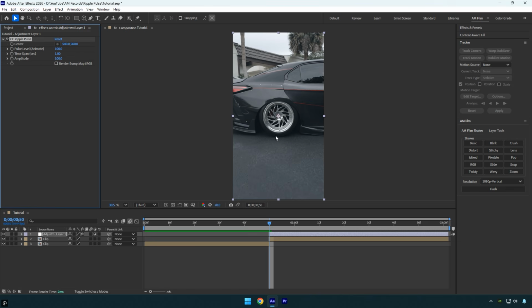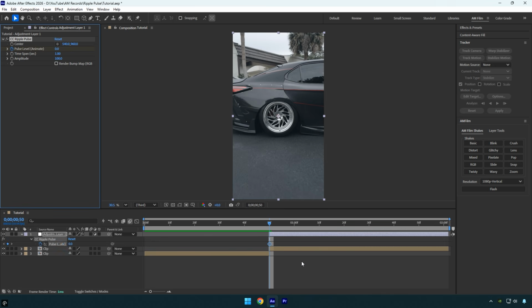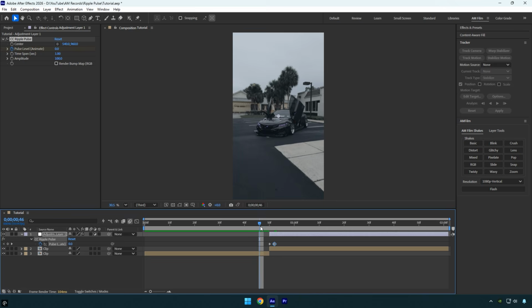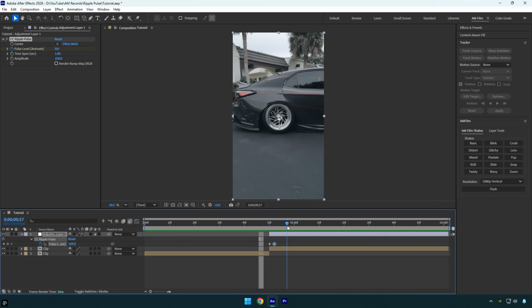At the beginning of the layer, click the Pulse Level stopwatch to create a keyframe and set the value to 0. Now press U on your keyboard to reveal the created keyframe, then move 2 frames forward by pressing the Page Down key twice and set the Pulse Level to 100. If you preview the video, you'll see that the shockwave effect is already working, but it still needs a few